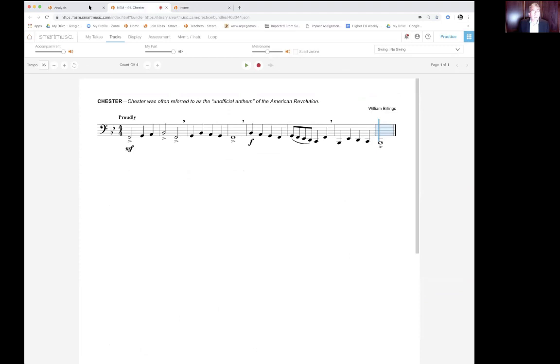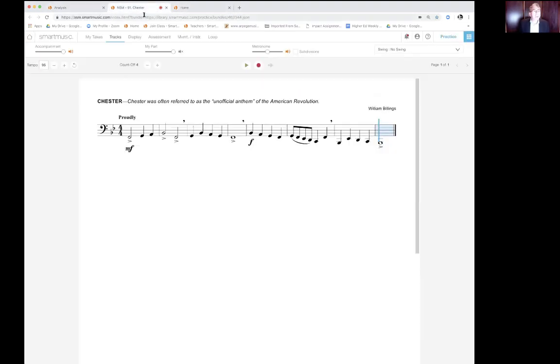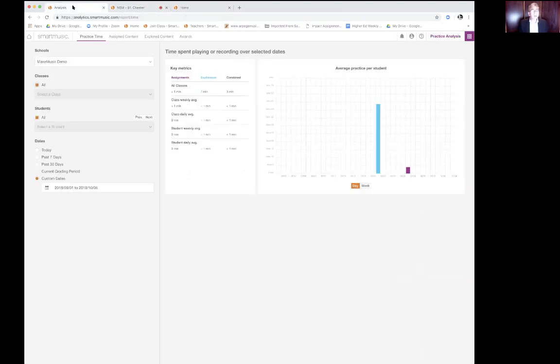So notice here, I'm quickly changing between the tabs. There's one of the things where I think it's the art of using SmartMusic. But here's analysis. And what you're seeing here is this is just one single student. I obviously don't have a class, but let's pretend there was a class of students here. We'd have lines for every student. But this one particular student spent roughly, looks like 44 minutes exploring other material. On my assignment, he spent 4 minutes.